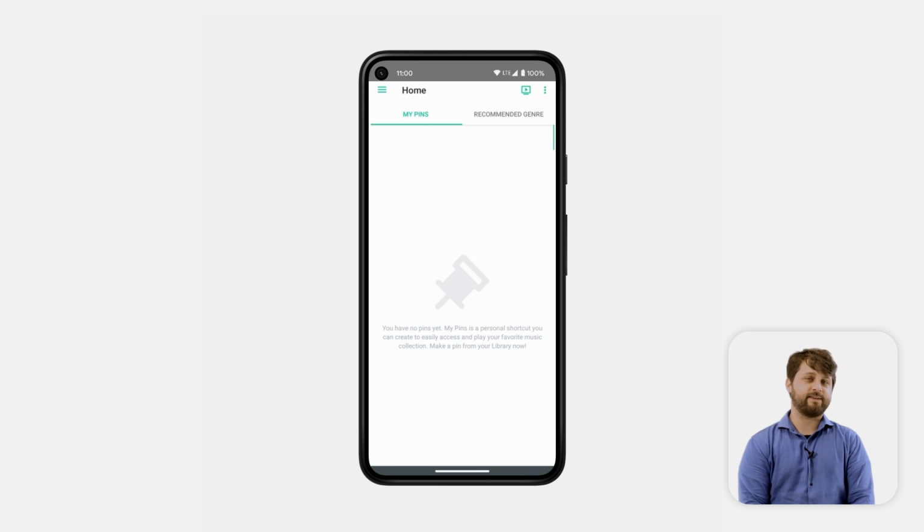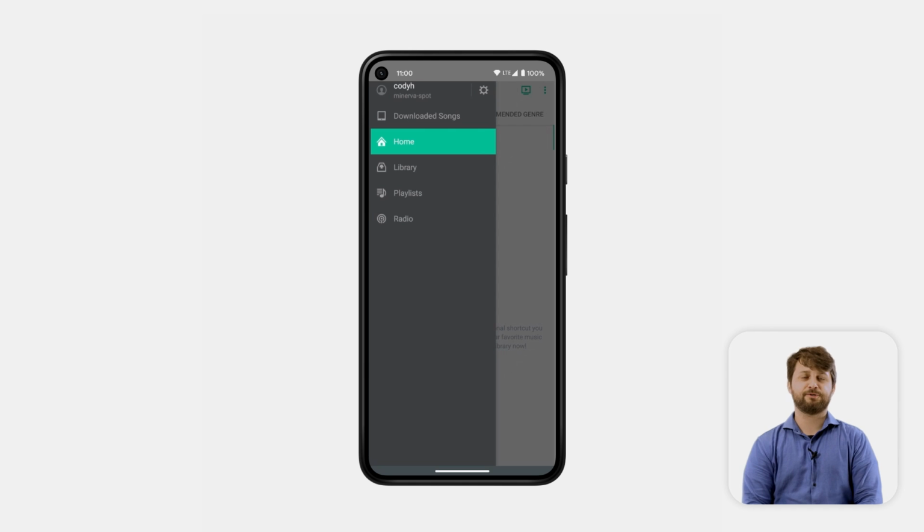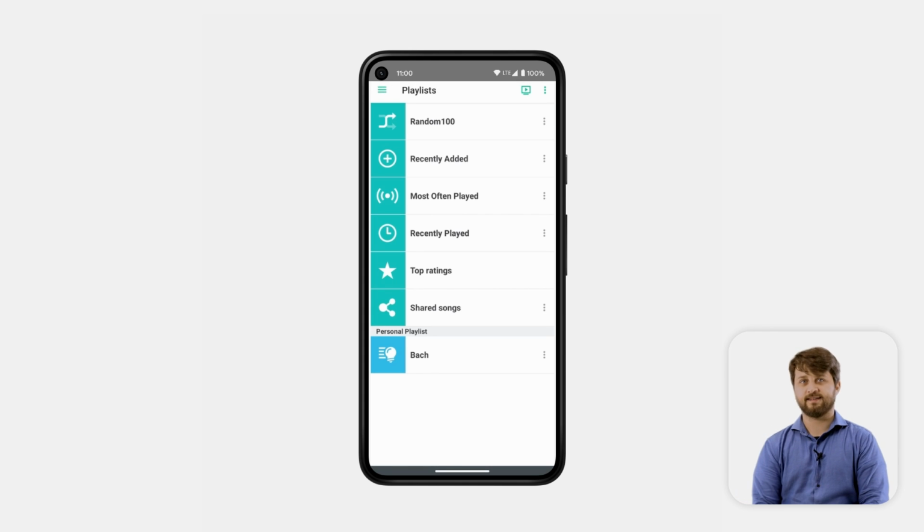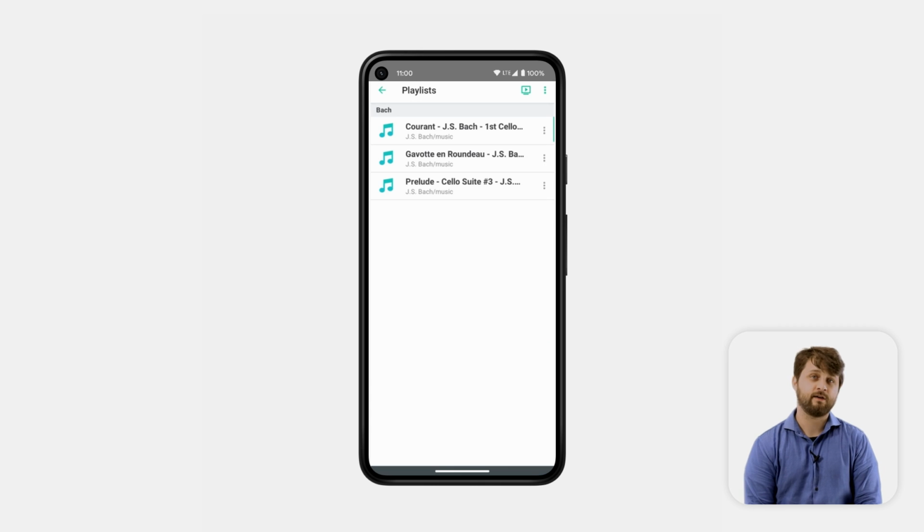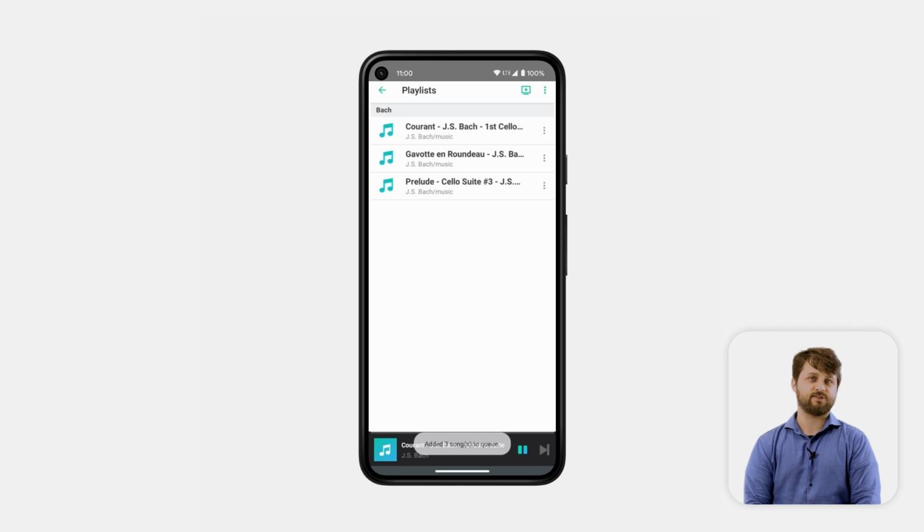Now once in this application, DS Audio, you're going to be able to do a couple different things. So we can go in and go to our playlist section, for example, and see the playlist that we created for Bach. And we can see all the songs that were added to that. Since we have an internet connection back to the NAS, we can then play those songs as we wish directly just by clicking the song, and then we'll get a play bar along the bottom.